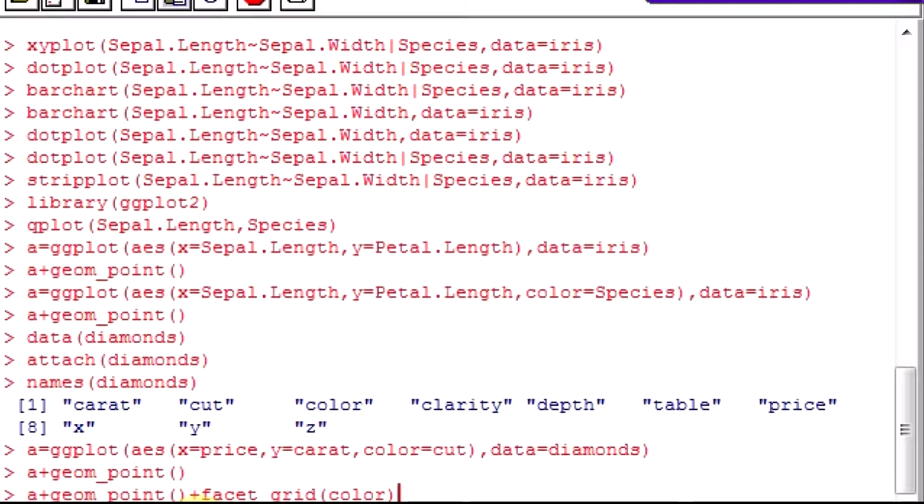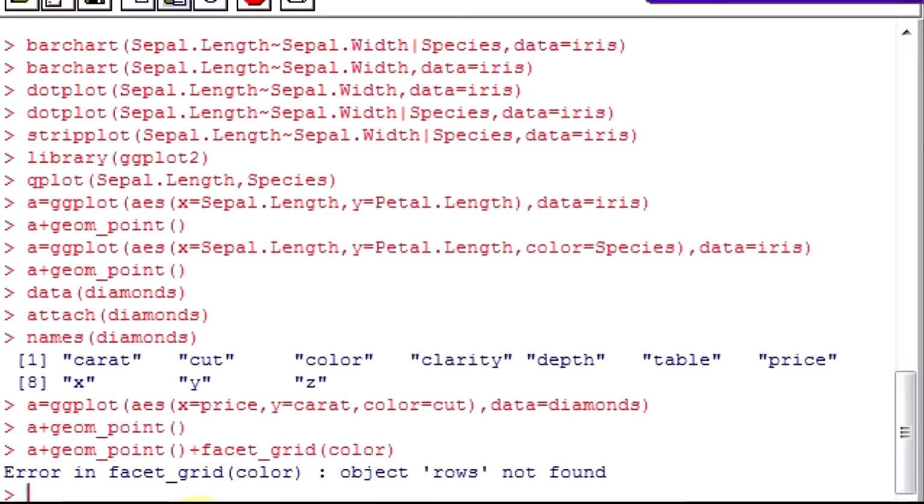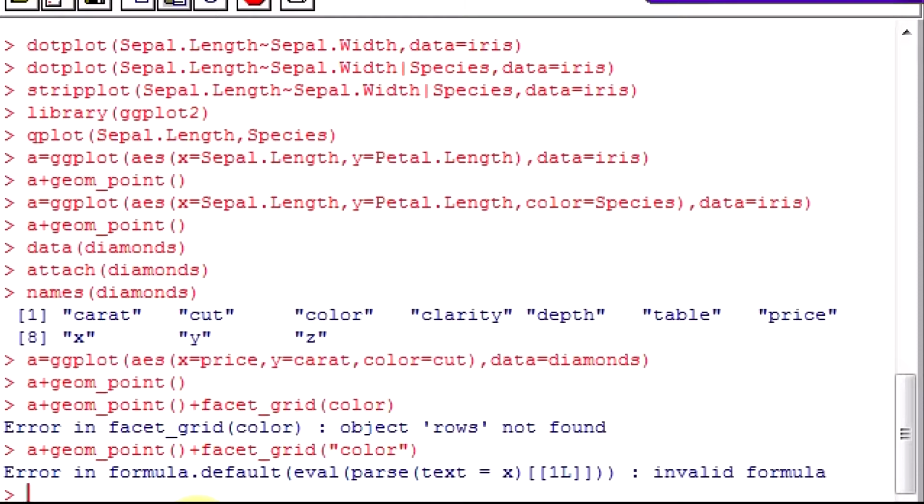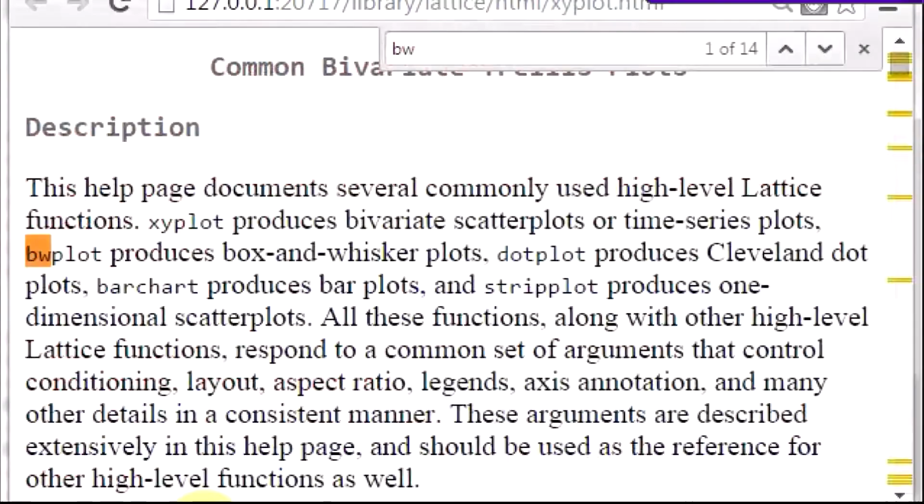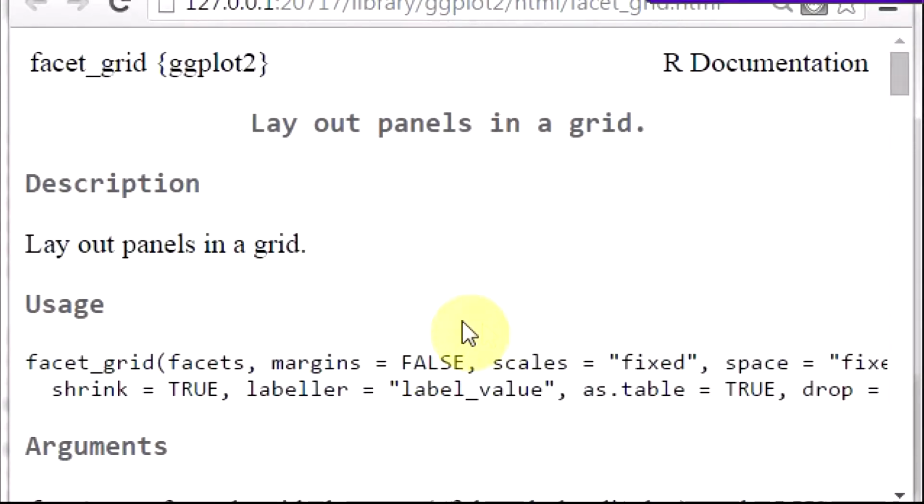Is this okay or is this an error? Object rows not found. Invalid formula. What should I do? Right. Single facet underscore grid. Facets.